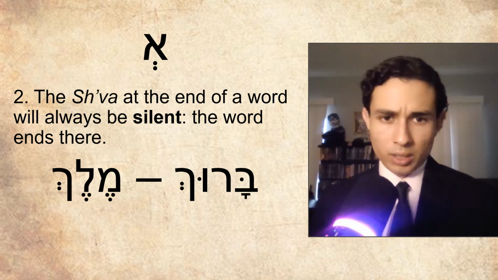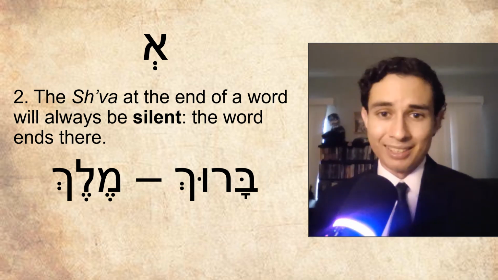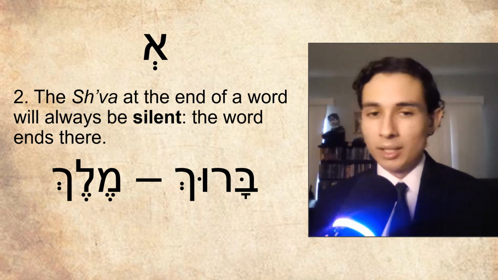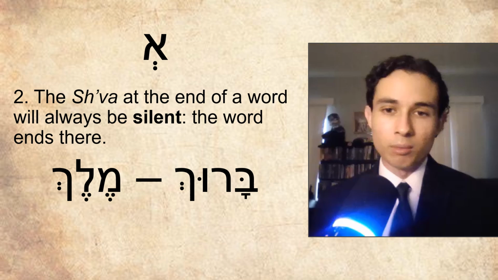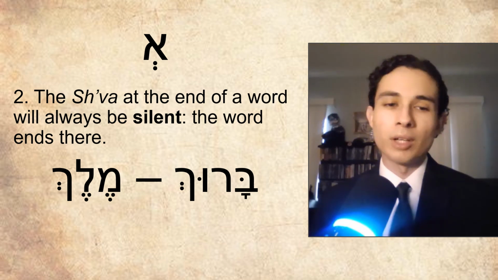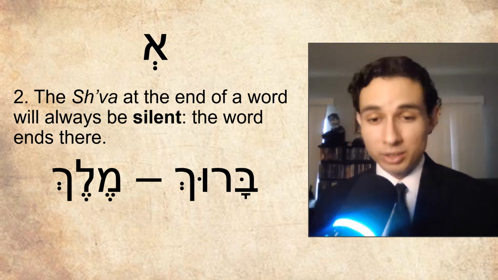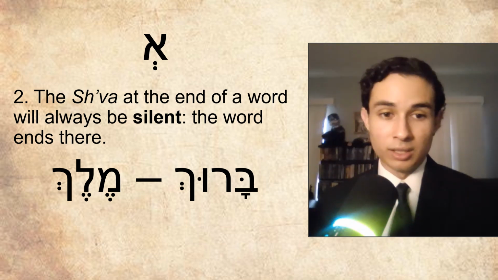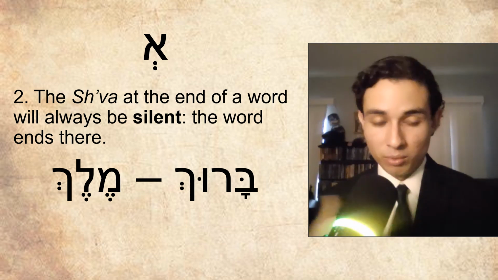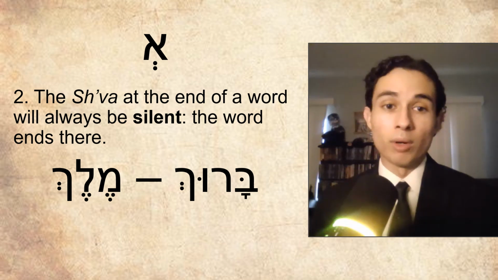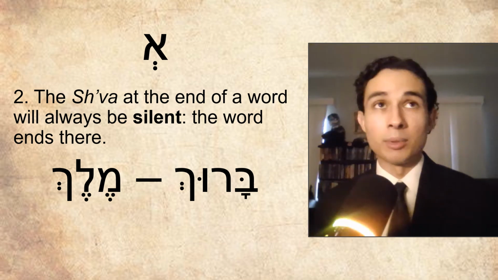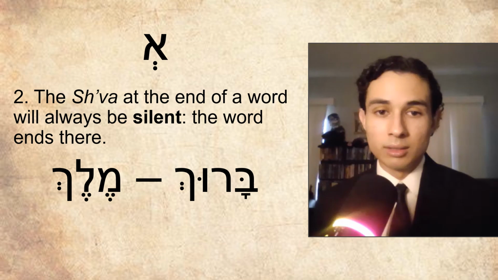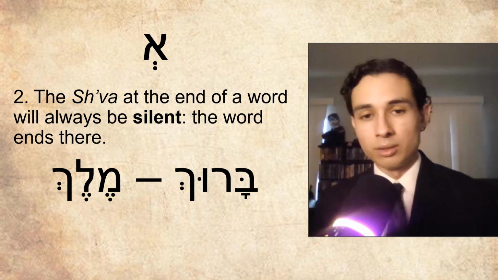You might wonder, why doesn't every word ending in a consonant have to end with a shva then? The answer is that the shva at the end of a word is typically only associated with letters that are also known to have other vowels attached to them, especially in the case of chaf sofit. So chaf sofit should not necessarily be implied to end in a shva, because there are words where a vowel is attached to it, for example, Elohecha, and you have the kamatz right under the chaf sofit.